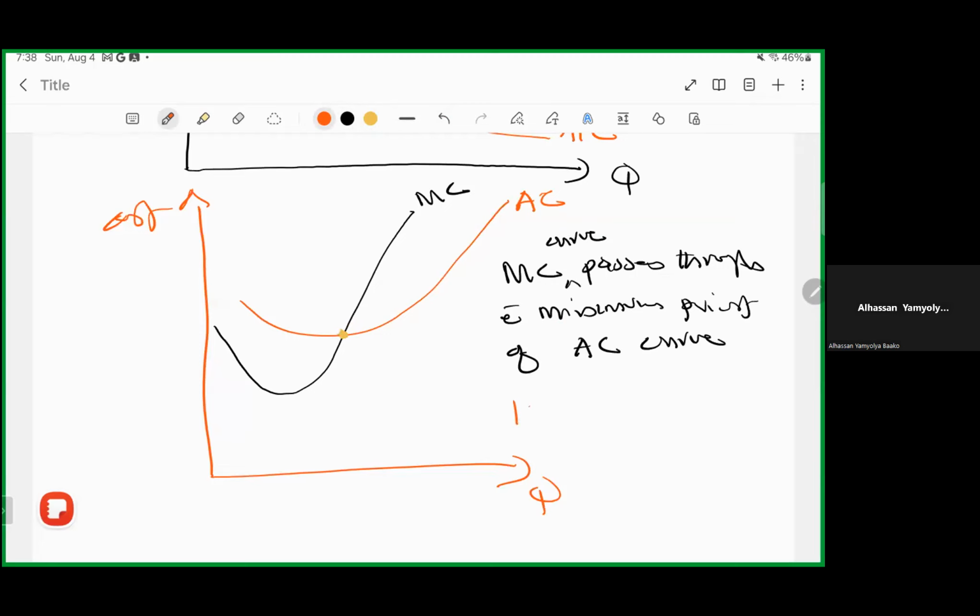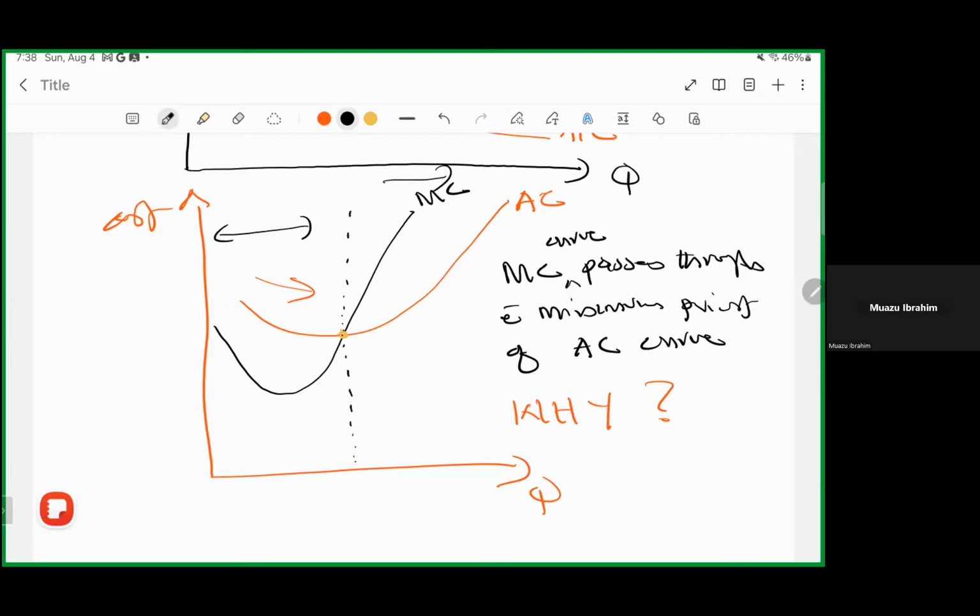So now the big question is, why does the marginal cost curve pass through the minimum point of the average cost curve? You can know it using just three relationships. If you pick this curve, you realize that at that minimum point, you can actually divide it into two. One side is here, and the other side is this side.